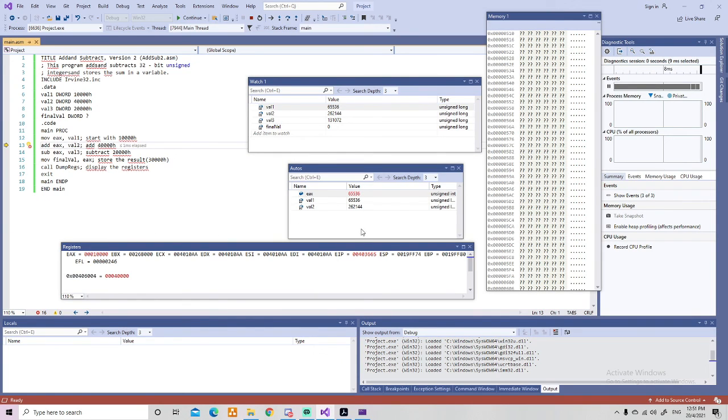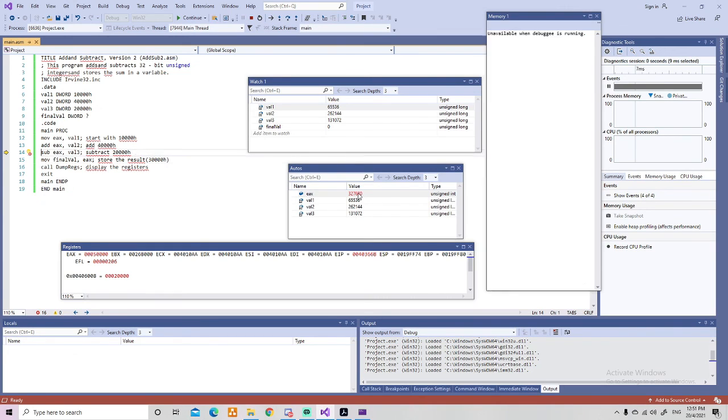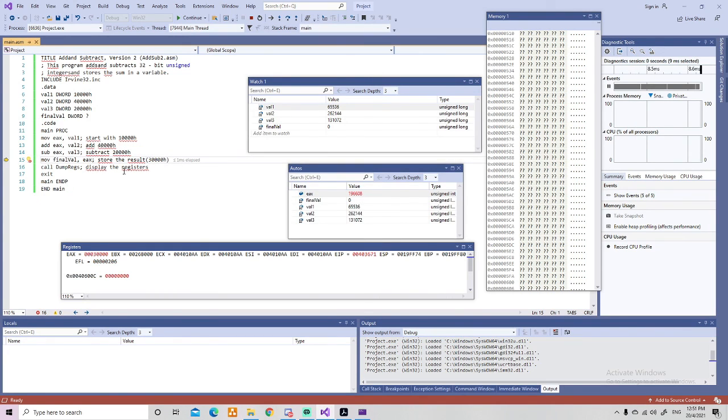We can check all the autos and the registers, which could be different, and then the EAX after we subtract val3 with 20,000 will display the value, and after that we can see that it stores the result, which is 30,000.